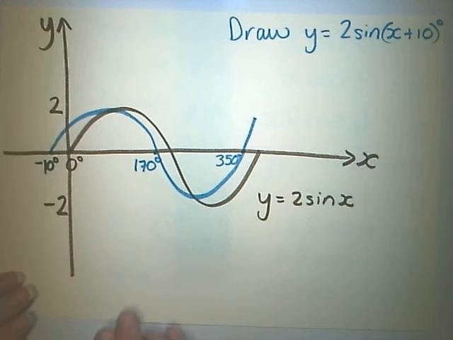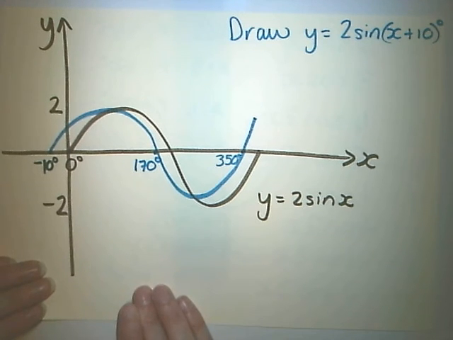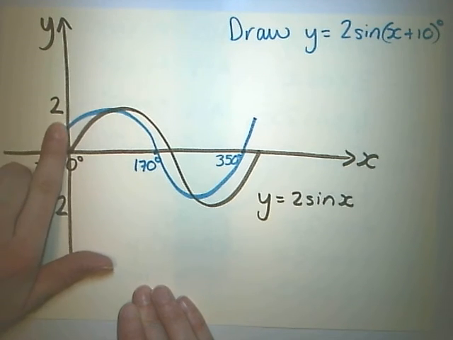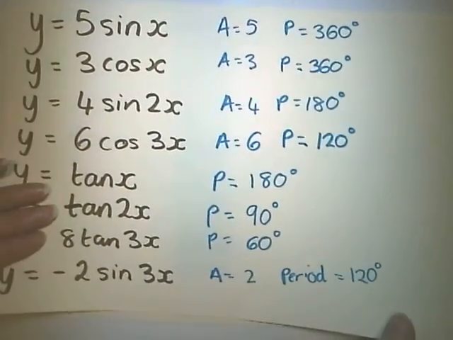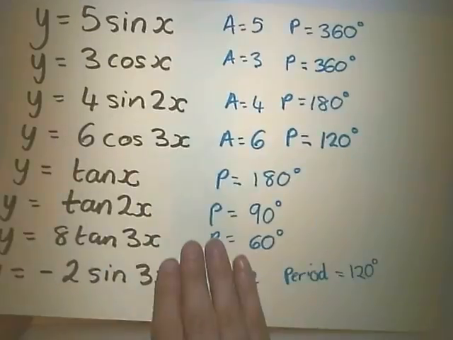Okay? So just remember to read the question carefully. If it says draw it between 0 and 360, you have to rub out any previous lines up to that point and extend it a little bit at the end as well. Okay,